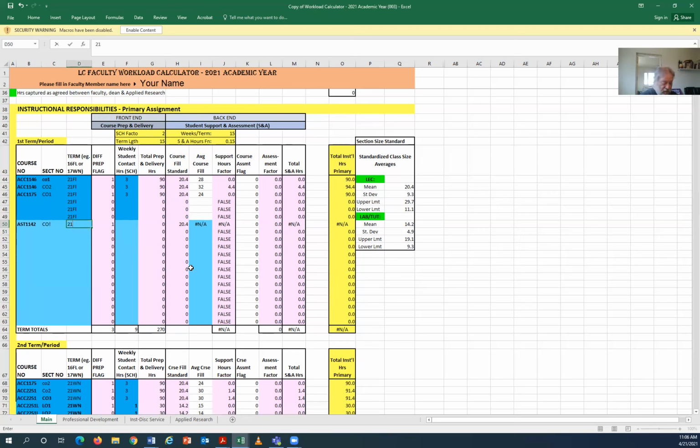It's going to be in 21 fall. Okay, and this one's going to have the same 3 hours a week. Okay, and this one is going to have 15 students. Now you'll notice that we're still within the range. Okay, and we've loaded our regular 90 hours. Okay, that's a mistake. Okay, the next thing I want to do here is I want to go AST 1142